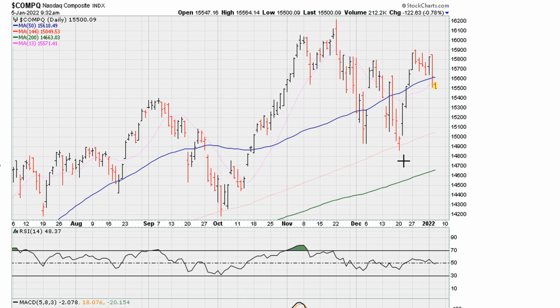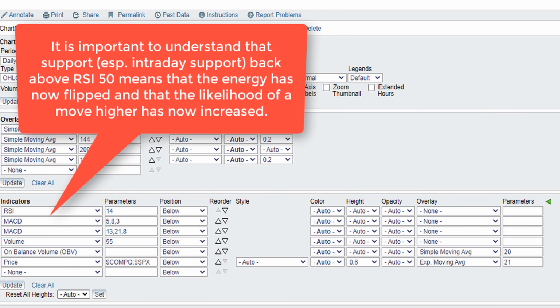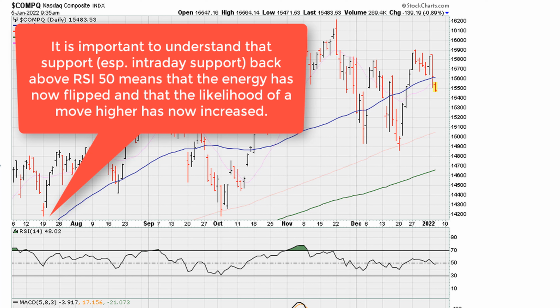If I take a look at the current daily chart, we can see that for sure with today's gap down, and it's a big if, we don't know. So it's early in the session. We don't know whether the market keeps the NASDAQ below 50. But right now, the RSI for the daily for the NASDAQ is at 48. So for sure, it is dropping below RSI 50, which means that the likelihood for a relatively big up day is now there in the market in terms of the relative range recently. The last time we had a drop below 50 was here in November, which constitutes these 2 days.